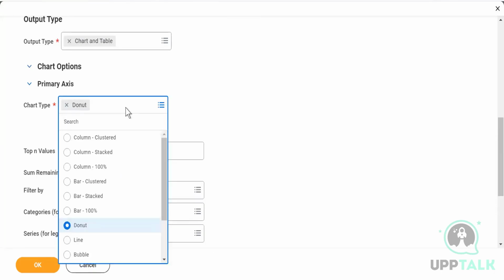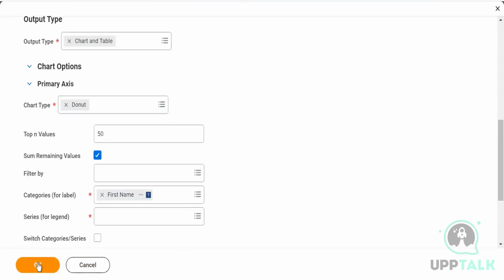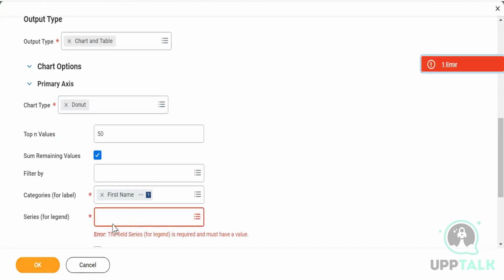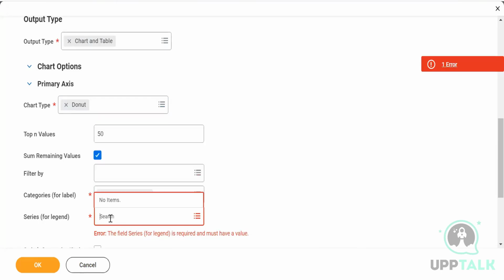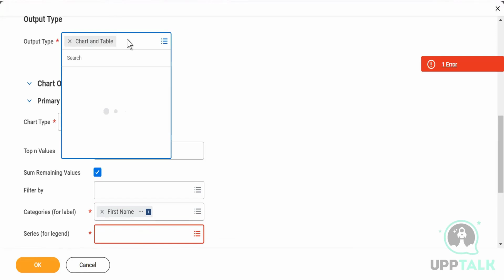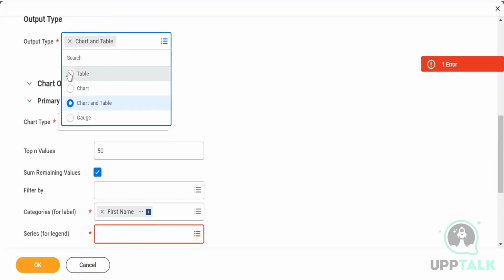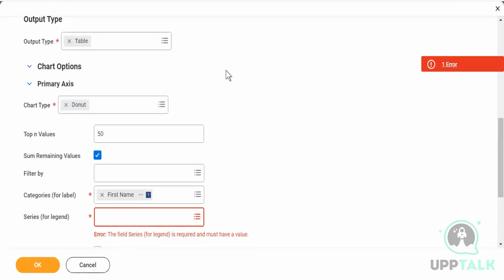Column clustered, stack, bar. All these things I'm sure you would have used. For us, it is not helpful because we have to have our report in that way. You see, the legend is there. We don't have anything where I can actually put any legend, right? That's the reason I have to put that data in such a way that it can be into x-axis